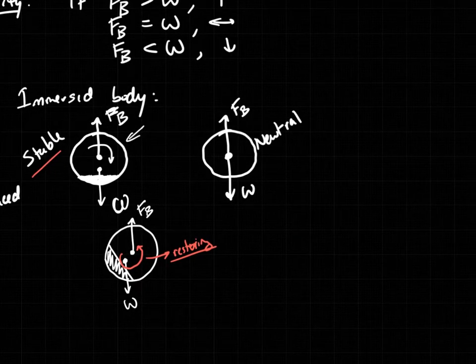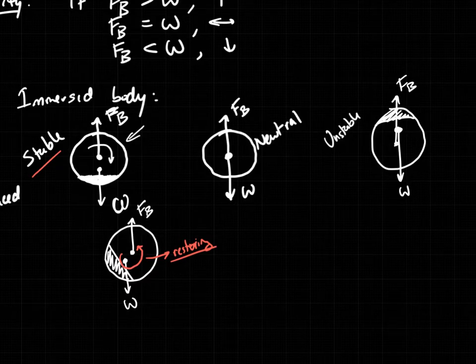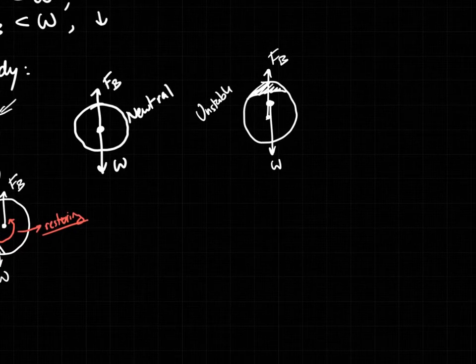for the unstable case, where for whatever reason, somebody put the weight on the top. Now the force of buoyancy is coming from the center of buoyancy, which only has to do with the displaced fluid, and it should be right in line with the weight. It's all fine and good until somebody tips it, right? And once somebody tips it,